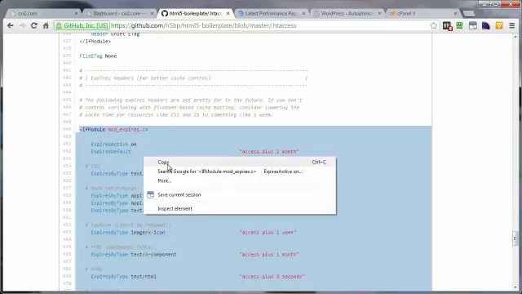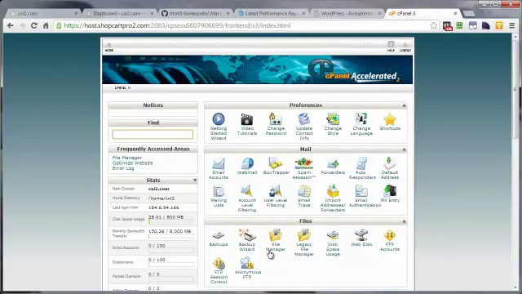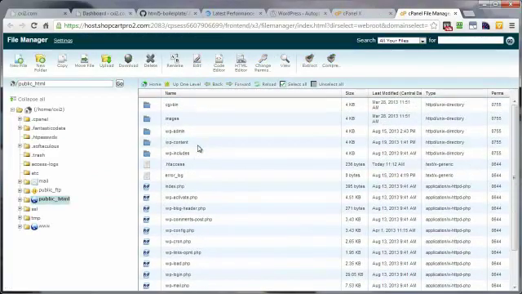Let's go ahead and right click and copy this. Now once you got this copied, you want to head on over to your cPanel control panel. I've already logged in here, and then go to your file manager. Just left click on that, and you want to look for the .htaccess file in the root directory of your